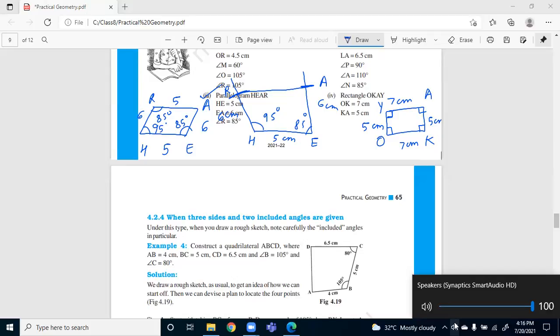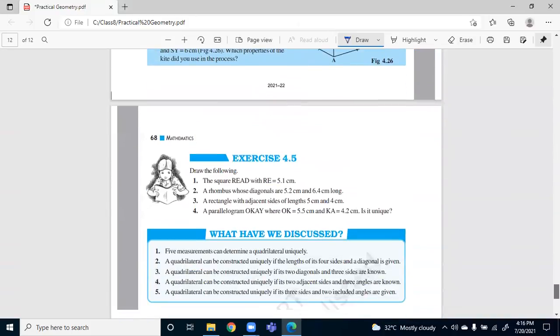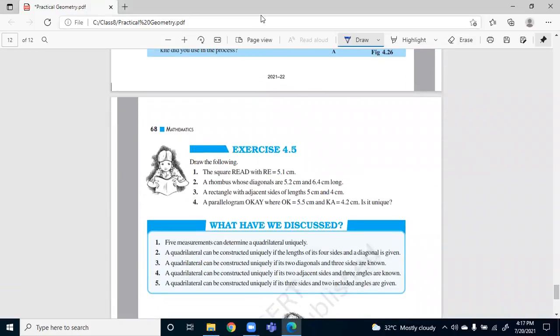Excuse me, ma'am. Yes. Actually, in school we have reached this exercise 4.5. So, ma'am, I wanted to ask, I had a doubt in this exercise. Okay, let me open it, just a minute. Anmol. Okay, say. Ma'am, question number 2. Question number 2 is your doubt. Okay, no problem. So let me discuss. Just give me 1 minute.